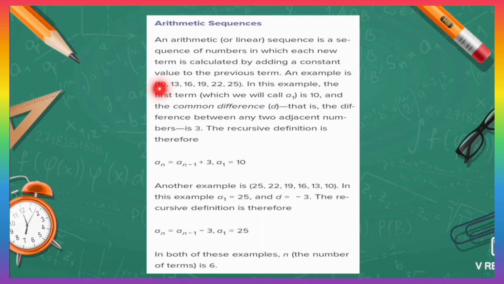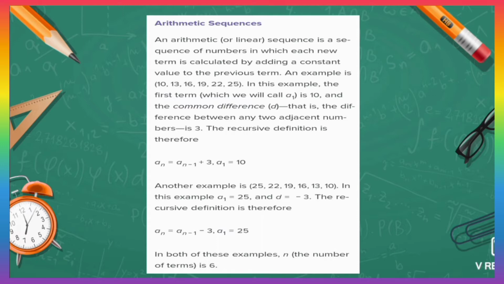Kahit na mas malaki pa siya or mas maliit, basta kung sino yung nasa first term ng sequence natin, siya yung tinatawag natin na first term. So, yung first term natin, obvious naman is si 10. Okay? And the common difference, ibig sabihin yung common difference, yung kung ilan yung in-add mo doon